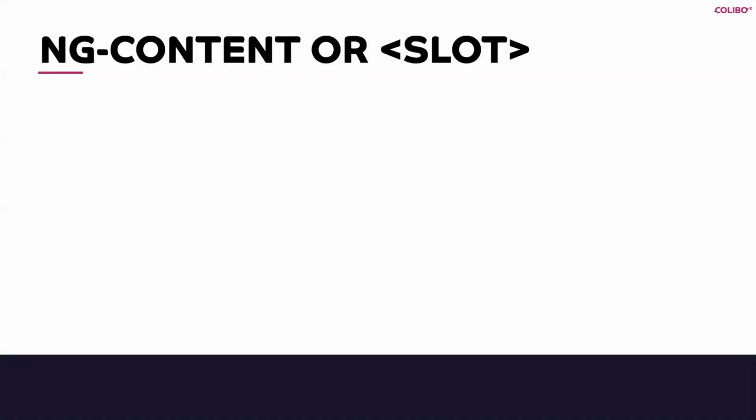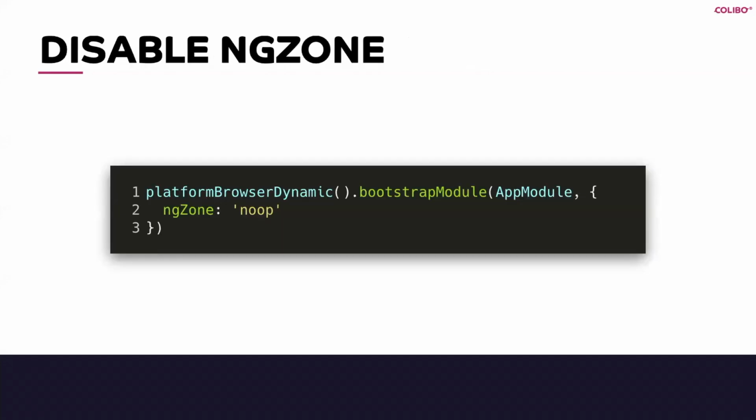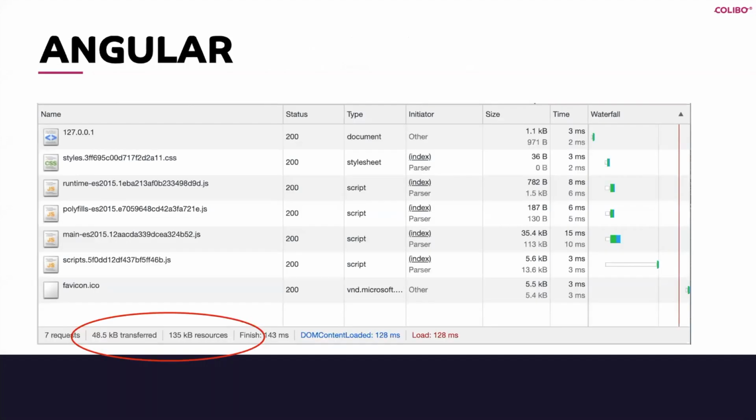In order to make the Angular bundle just a little bit smaller, we can turn off the magic change detection part of Angular, which is zone.js. We do that by telling Angular when we bootstrap our module that it should just use a no-op for NgZone. With all that included, with gzip and everything, we have 48 kilobytes of code for our simple component, but it includes all of Angular and stuff. So if you want to build 2 or 3 components, the overhead for the next ones is going to be smaller. But it's pretty nice.